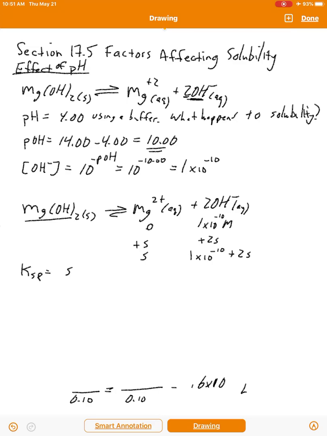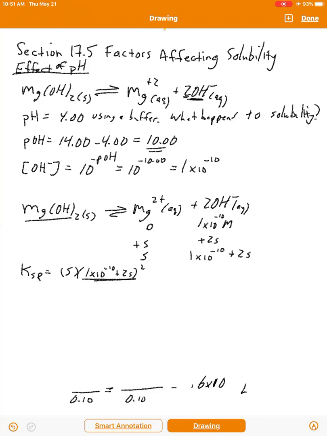So now Ksp would be magnesium concentration. We looked at that earlier, right? It's s times the hydroxide concentration squared. Okay? Now, here's a little issue that arises with this particular problem, which is that the solubility might now actually be pretty large compared to 1 times 10 to the minus 10, right? Like before we had high concentrations, and this one is a very low concentration. So what we might find here is that